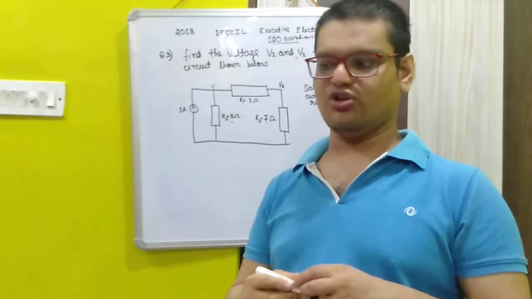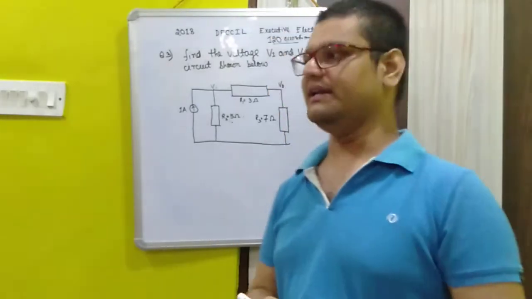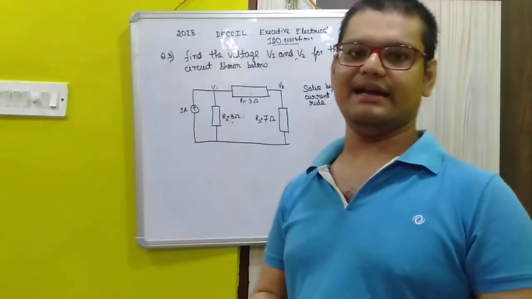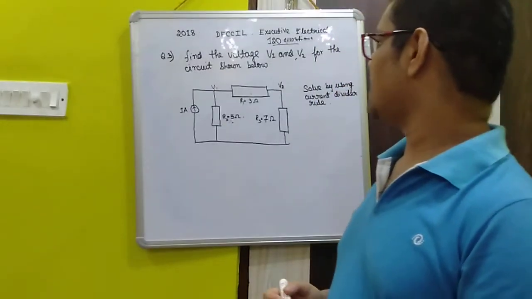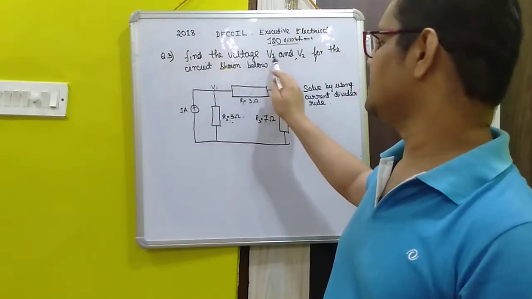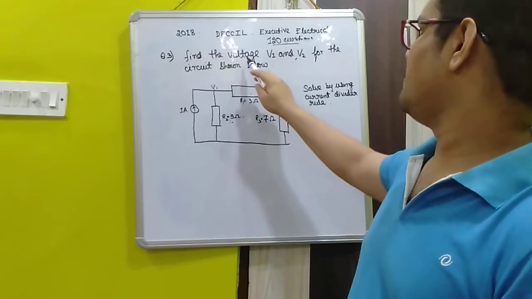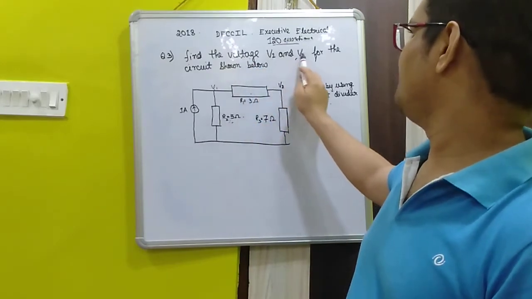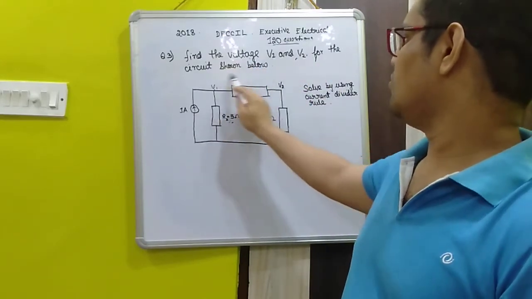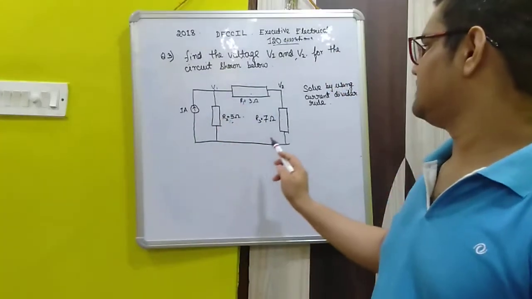So we are going to solve the questions today, and today we are going to take the first part of the electrical, that is the circuit analysis. We are going to start with our first question, that is we have to calculate the voltage. We have already mentioned the question on the board. You can see that we have to calculate the voltage V1 and V2 for the circuit shown over here. So without wasting more time, we can solve this circuit.